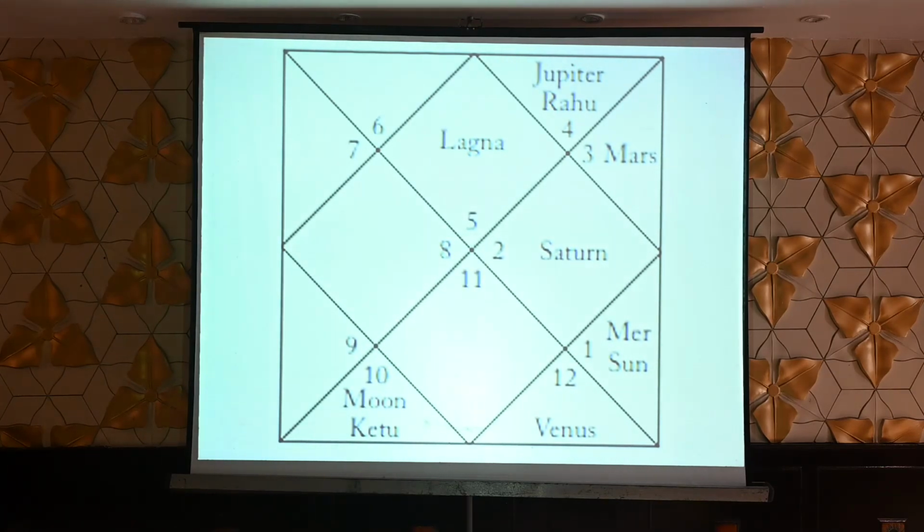And what I am showing here is that the planets influence each other by conjunction. So this is a conjunction. Saturn, Sun and Mercury are sitting together. That is a conjunction. Planets look at each other from a distance. So Jupiter is aspecting the Moon,